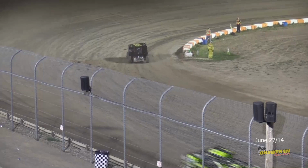Rouse to the outside cushion, and that's going to pull Mallory closer to him as they get off into 3. It's McPherson through the black stuff. They'll work it off of corner 4 another time. We'll keep an eye on the differential between the top 2. Well, it increases that time for Cody McPherson by 1/10 of a second, so the leader is holding fort at